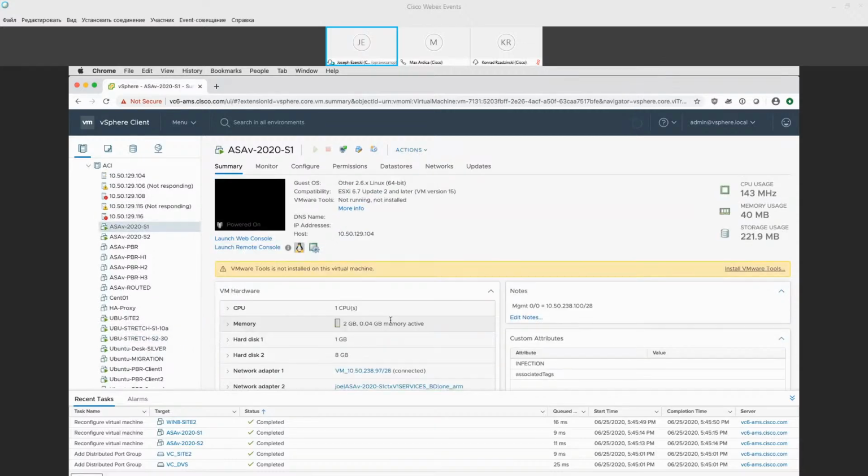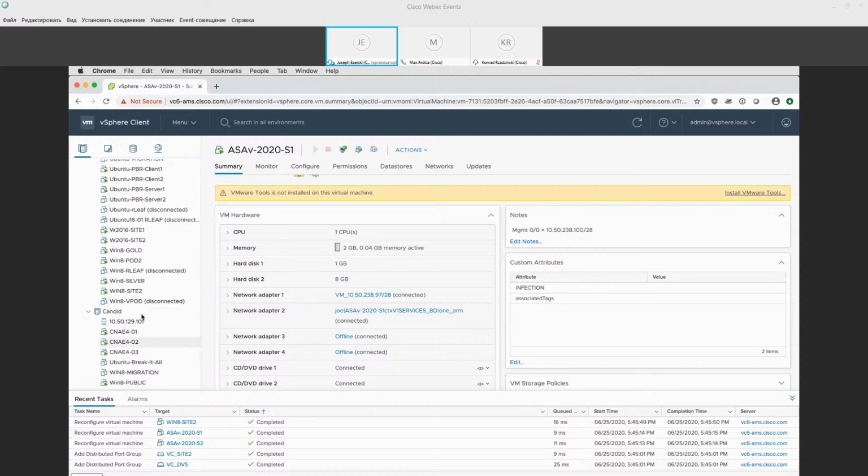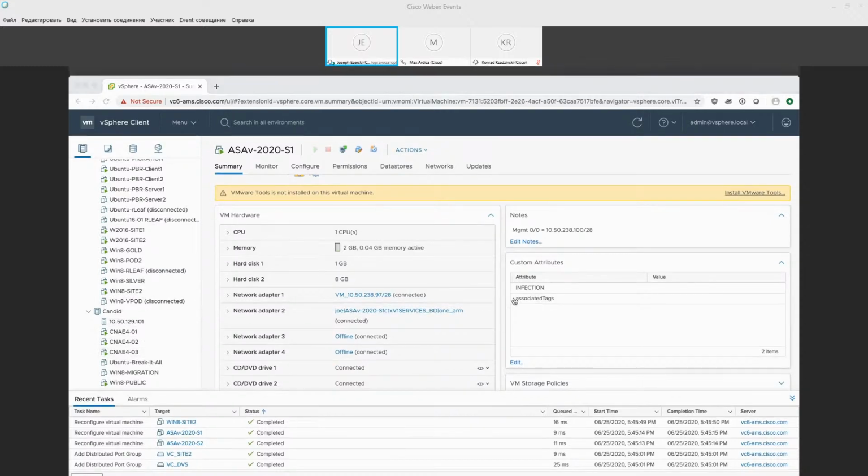All right. So I want to point out something has happened when we actually deployed the service graph and the contract to the site. A shadow EPG was created automatically by MSO, and it automatically put the firewall interface in the proper shadow EPG/port group in order for the redirect to work, right? So the test that we want to do first is, can this guy,